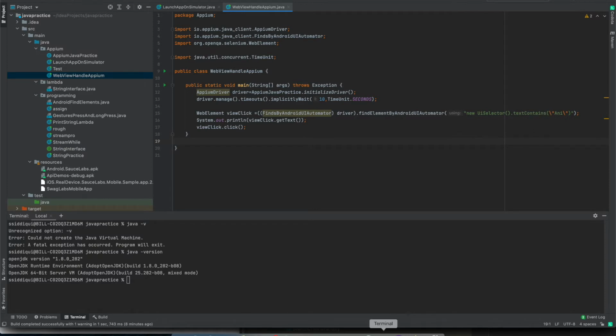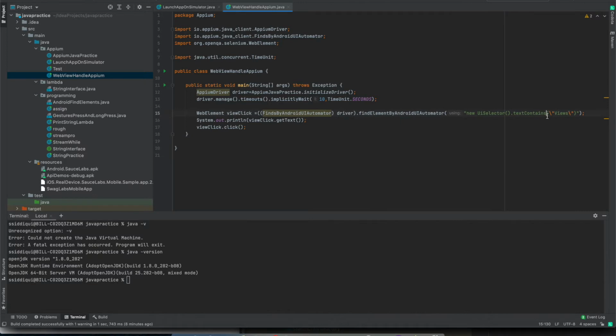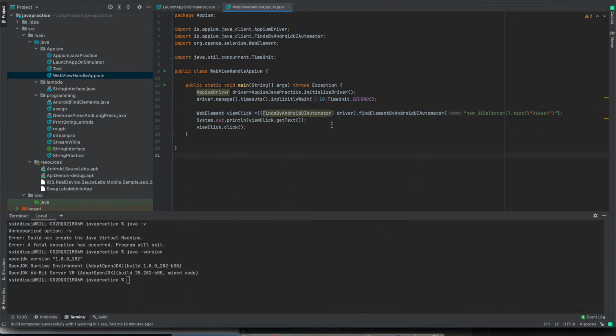And the text that I need here, I need to change the text also, right? Because this is going to perform a click on animation. So I will just use the text as views. Maybe I can just use text views to avoid any confusion. And now once I have tapped on this thing, I go inside, then I need to tap on web view, right? So similarly we can have one more element defined, that is web view click, and this will contain the